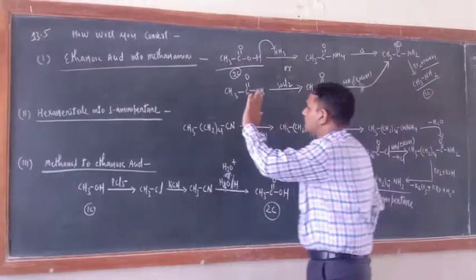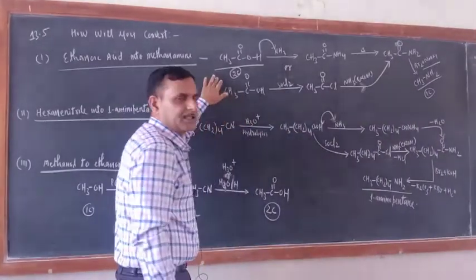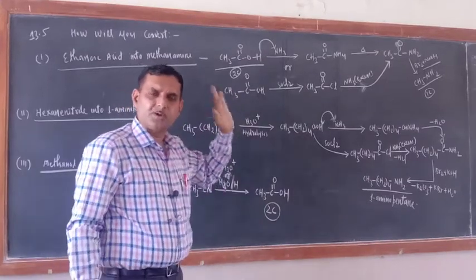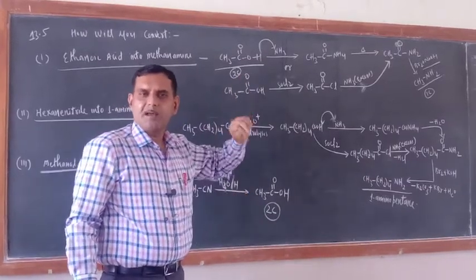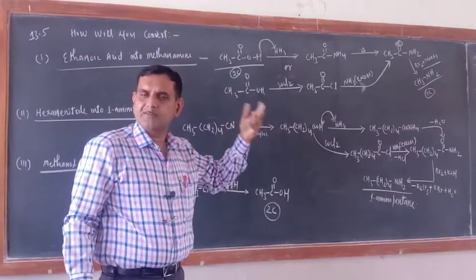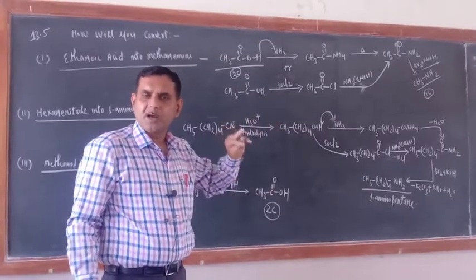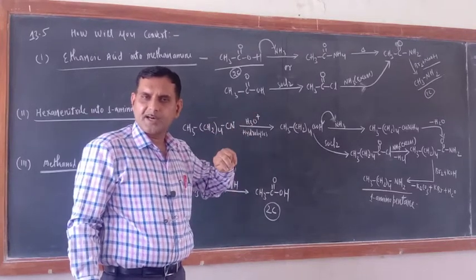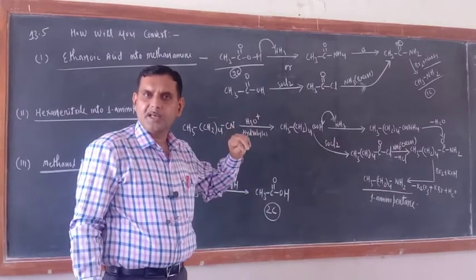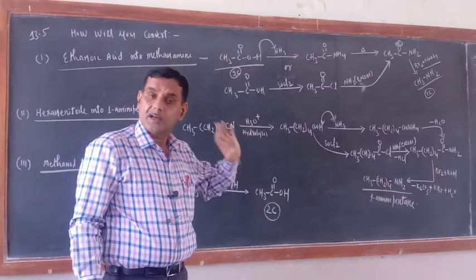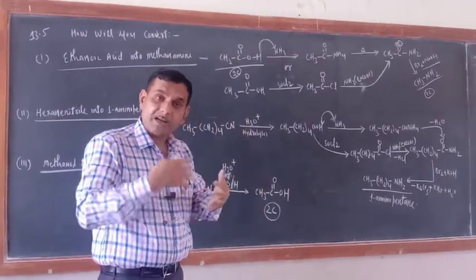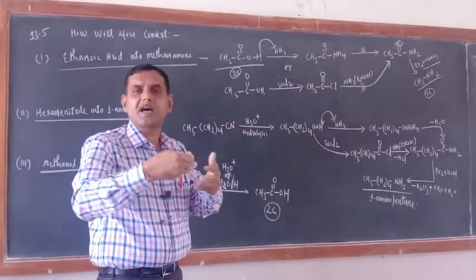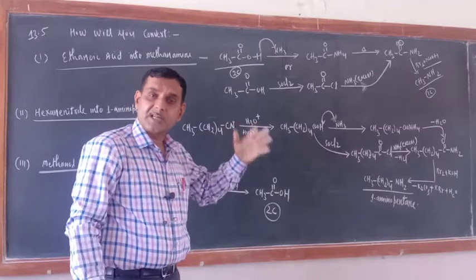It means this is an example of descent of series. 1 carbon atom should be less. Now what are the ways to reduce the carbon atom? The Hofmann bromamide reaction is one of the best ways to reduce the number of carbon atoms. And who will give the Hofmann bromamide reaction? Amide. And from where can you get the amide? Amide can be obtained when a carboxylic acid reacts with ammonia. Just see how the things are interlinked.